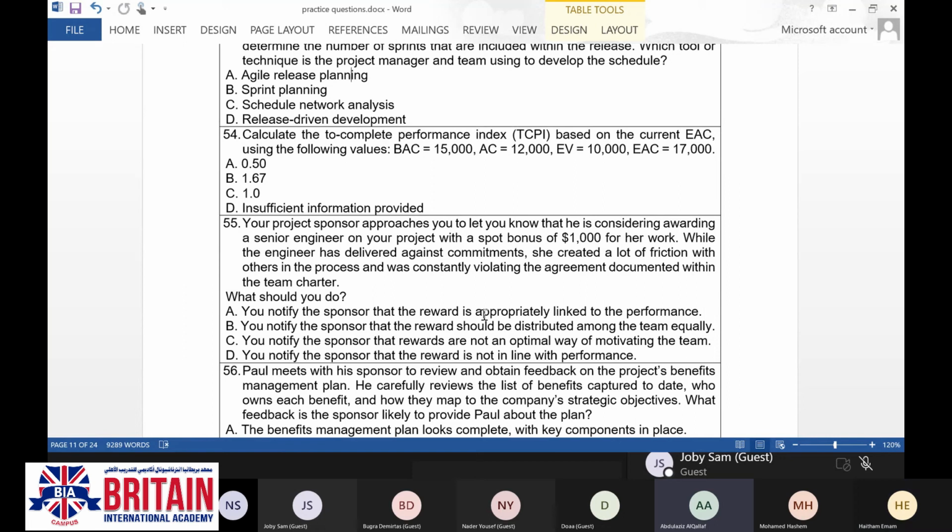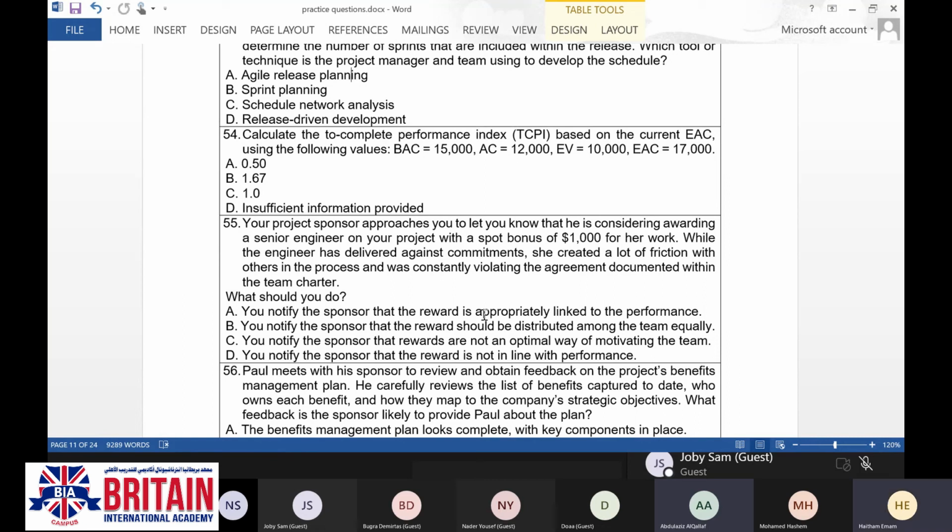While the engineer has delivered the commitments, she created a lot of friction with others in the process and was constantly violating the agreement documented in the team charter. What should you do?